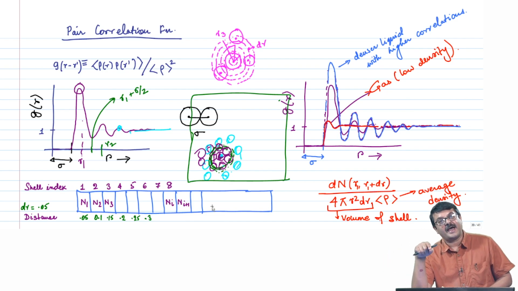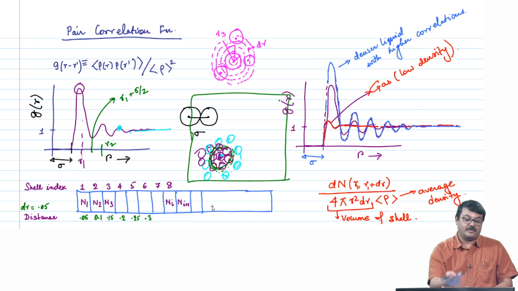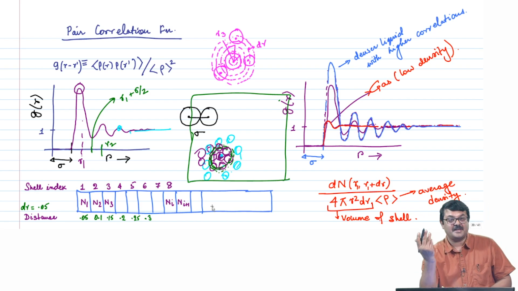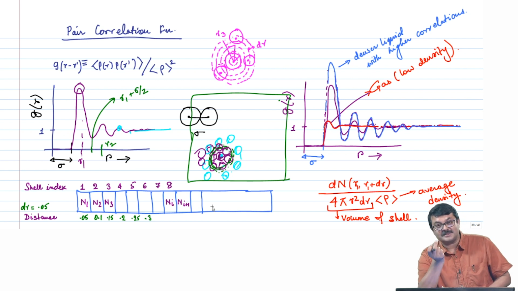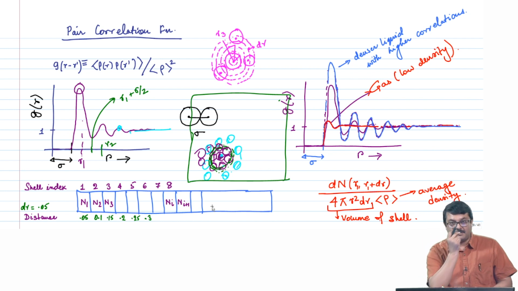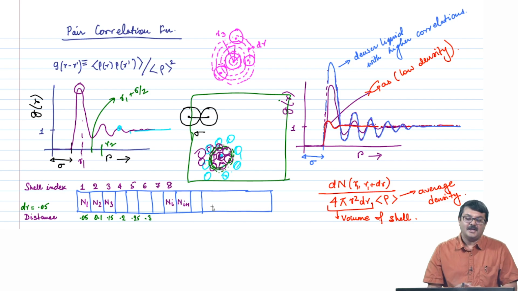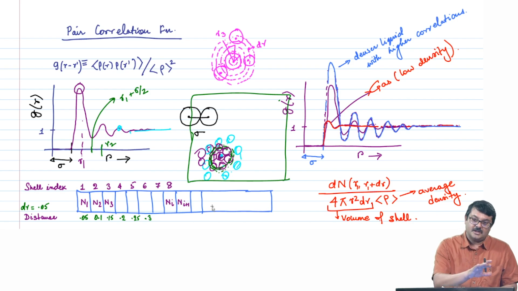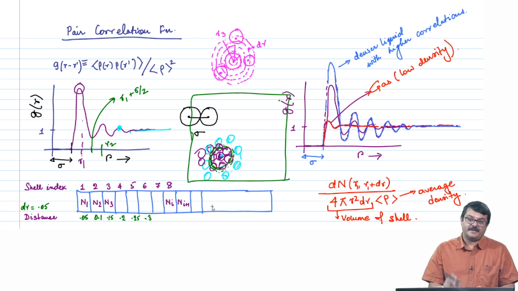Then you will have an average g of r. The pair correlation function g of r is anyway an average quantity. Nobody is typically interested to know what is going on around one particular particle. So you have to average over all the particles in this array. Keep on storing for each particle, and at the end you have to divide by the total number of particles